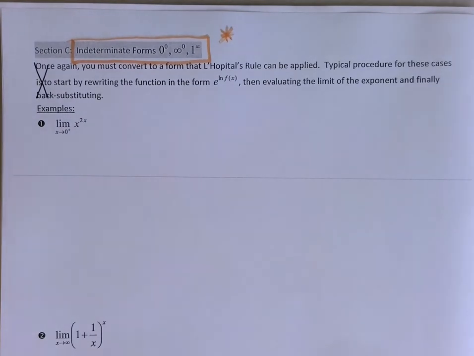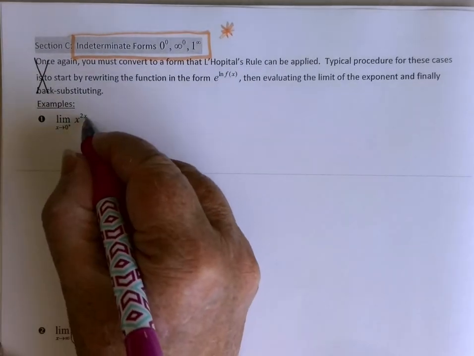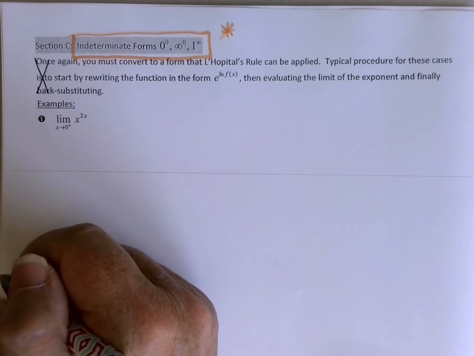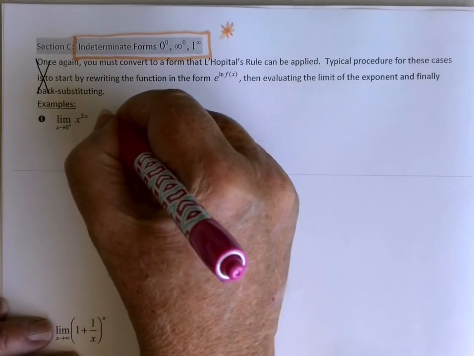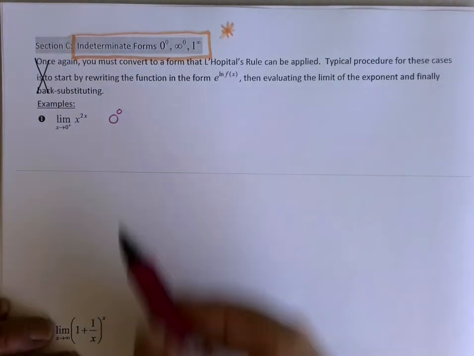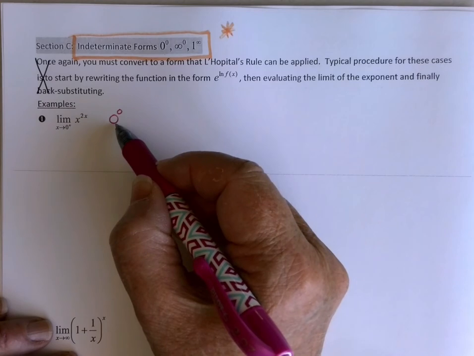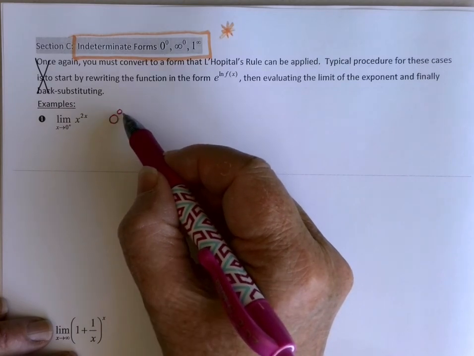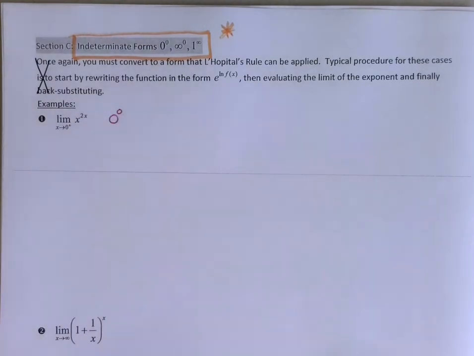So, first of all, this first problem, I've got x to the 2x as x goes to 0 from the right. If I plugged in the 0, I would certainly have 0 to the 0 power, which is an indeterminate form. Again, it's kind of a war between 0 to any power is 0, and anything to the 0 power is 1. Which is it? Well, it's not necessarily either one. It's an indeterminate form. All right, I need to get this to either look like 0 over 0 or infinity over infinity. And the way I always deal with the exponential forms